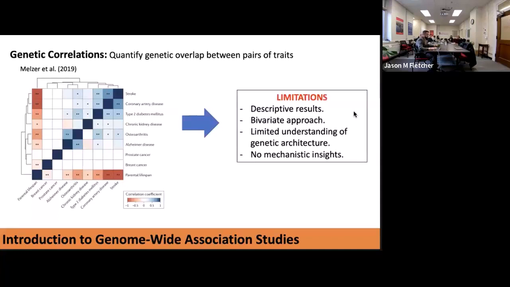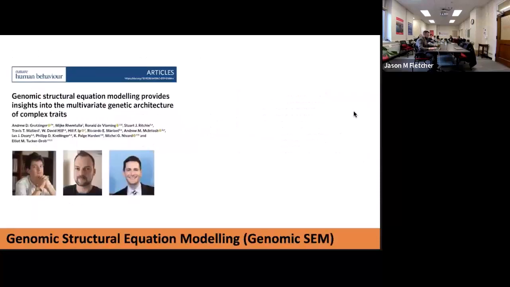First, they're mostly descriptive and a summary of the pattern of genetic overlap at the genome-wide level. They're based on a bivariate approach across pairs of traits. And of course, they provide little to no understanding of the underlying genetic architecture for this constellation of traits. So this limitation is what motivated